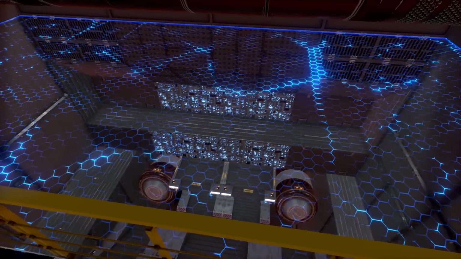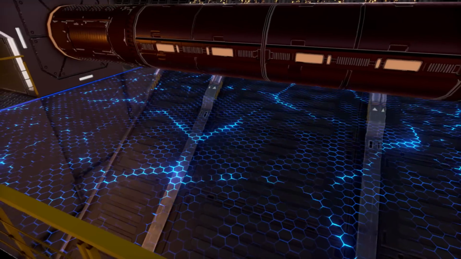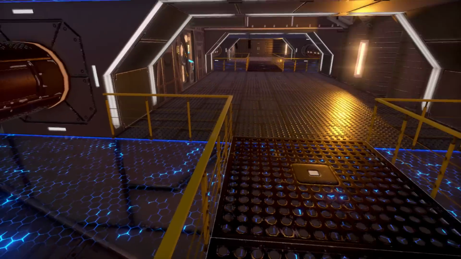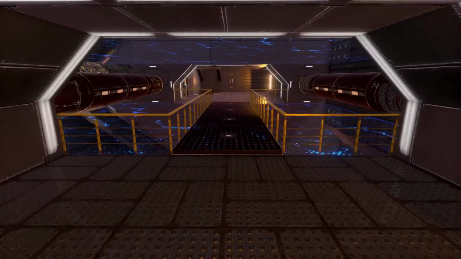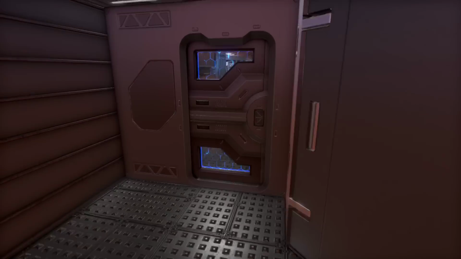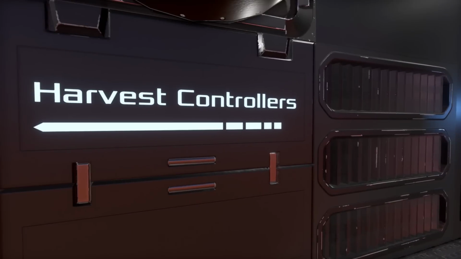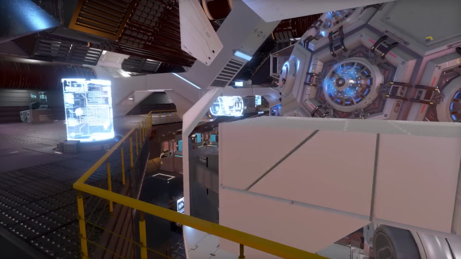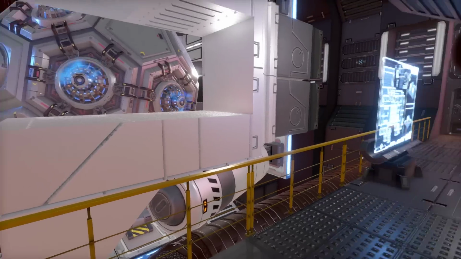So it looks like we're kind of overlooking some, I believe those are some solar panels. No, those are ramps. Oh, that's on the other side of that ramp area from the outside. Oh, that's wild too. The hallway gets around back over to the harvest controllers section, which kind of wraps around this whole fusion reactors